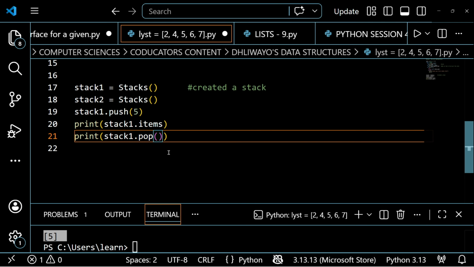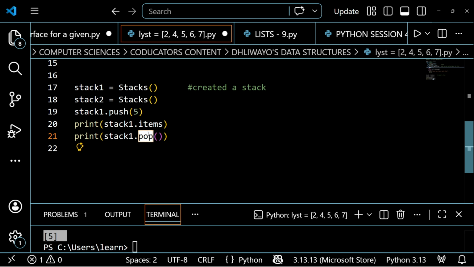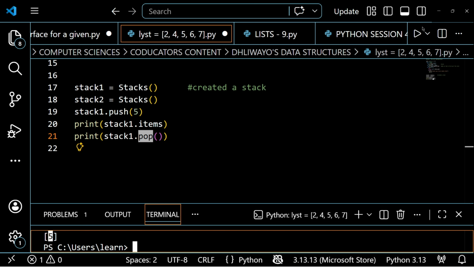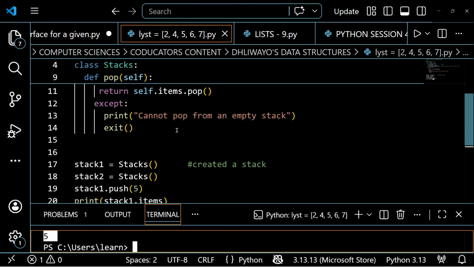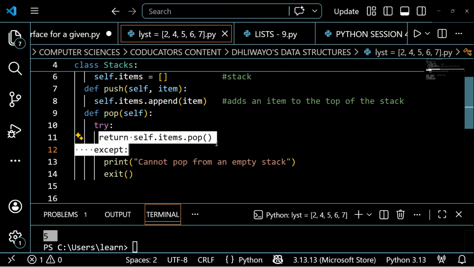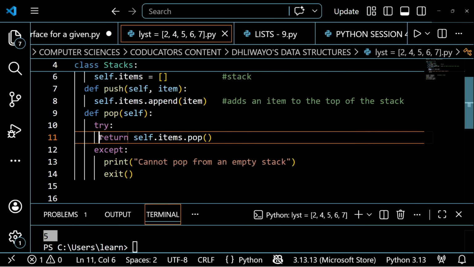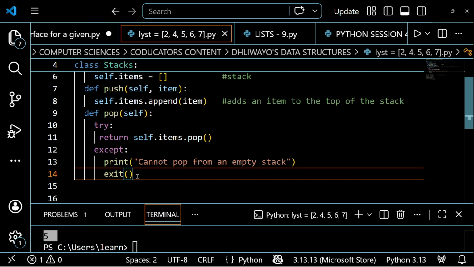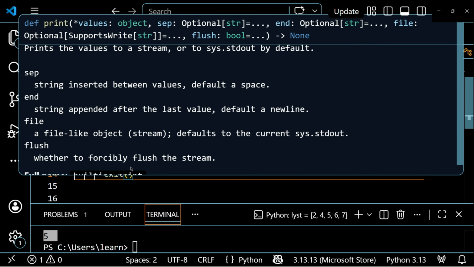If I just say the pop function, what is this pop function immediately going to do? It's going to remove that 5, because there is an item to remove. It's no longer going to raise an error. Rather, it's going to remove the item and return it, because when I defined it, I said that this function must return this. So it's going to remove and return that exactly as it is, because there is an item. It cannot raise any error. So this line of code, which is line 11, will be successful. So that's the pop function.